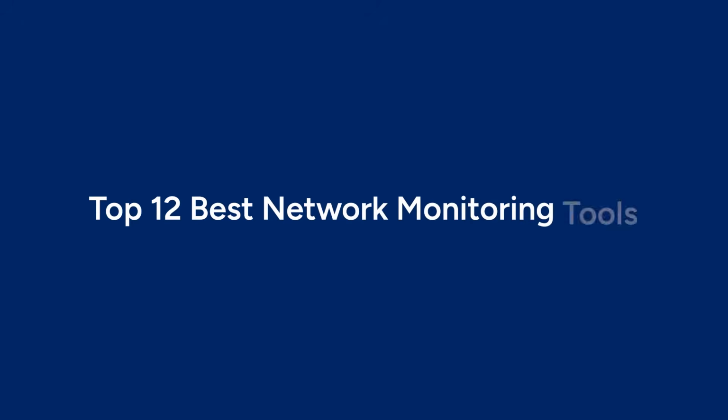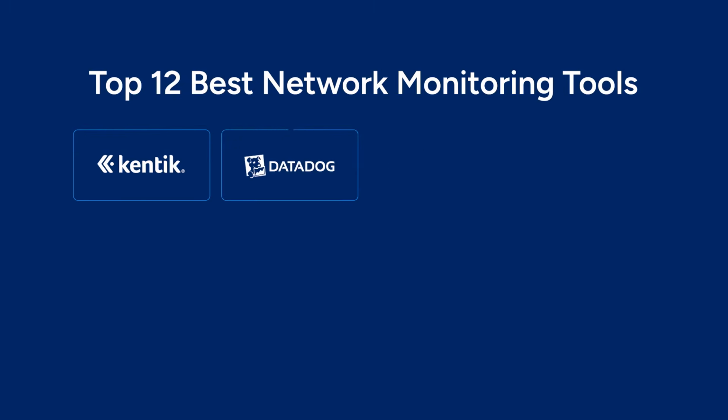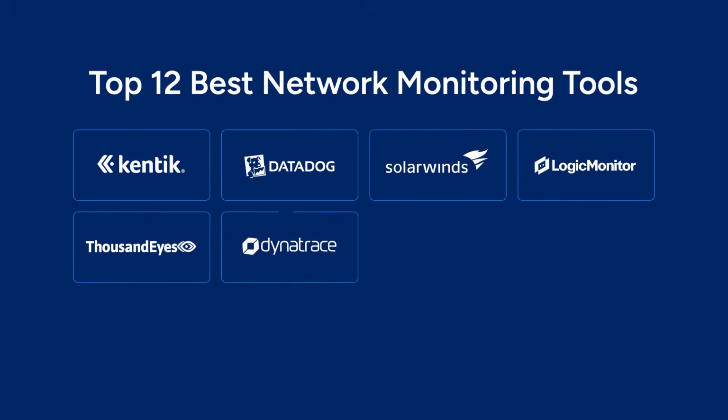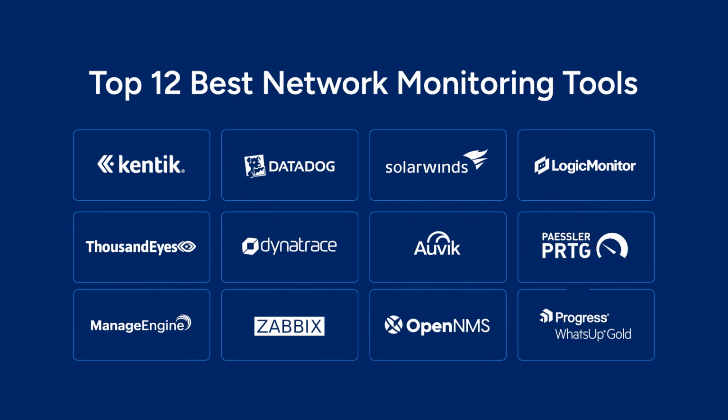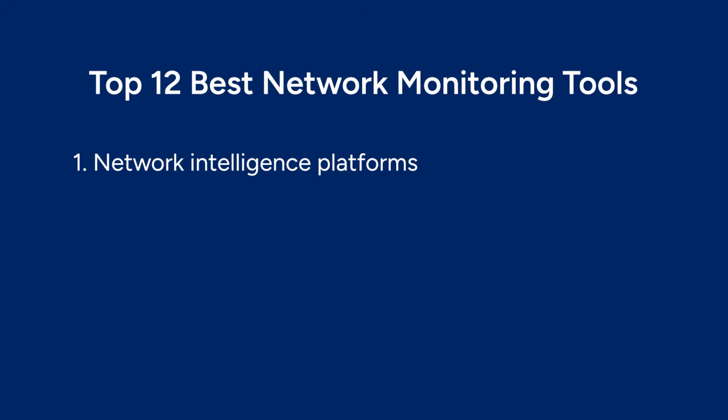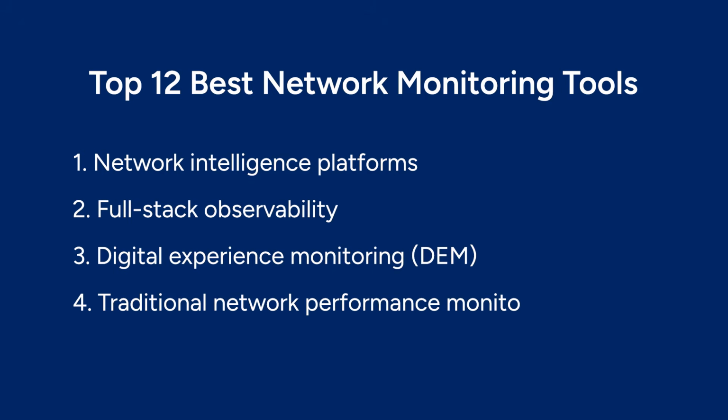Right now, there are 12 tools dominating the network monitoring shortlists: Kentik, Datadog, SolarWinds NPM, LogicMonitor, Cisco ThousandEyes, Dynatrace, Auvik, Paessler PRTG, ManageEngine OpManager, Zabbix, OpenNMS, and WhatsUp Gold. They span 4 overlapping categories: network intelligence platforms, full-stack observability, digital experience monitoring, and traditional network performance monitoring, including open source tools. Let's talk about how each of these tools differ and which platform is the right fit for which